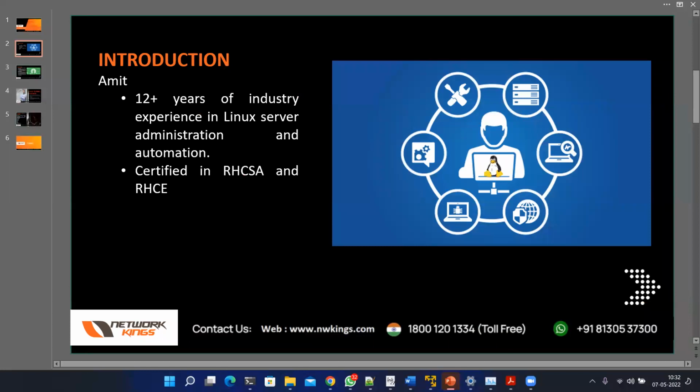This is dual certification, meaning in 2013 also I was certified in RHCSA and RHCE. In 2019, I think, I again got certified in RHCSA and RHCE. Obviously in 2013 it was Red Hat 6 at that time. Now we are talking about Red Hat version 8. Things have changed, so many things have changed.